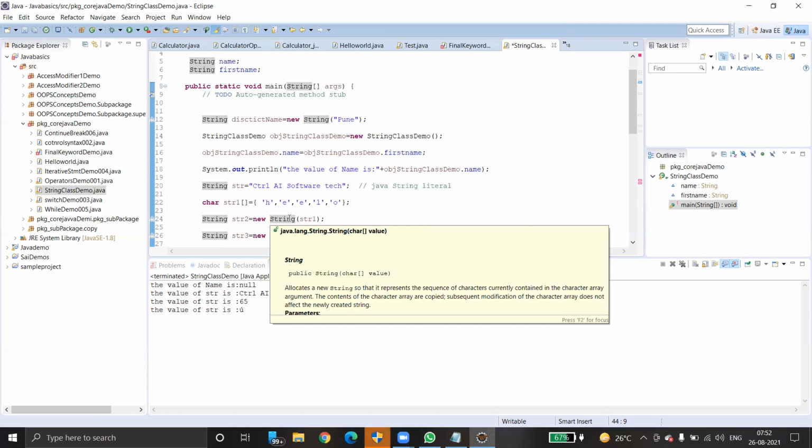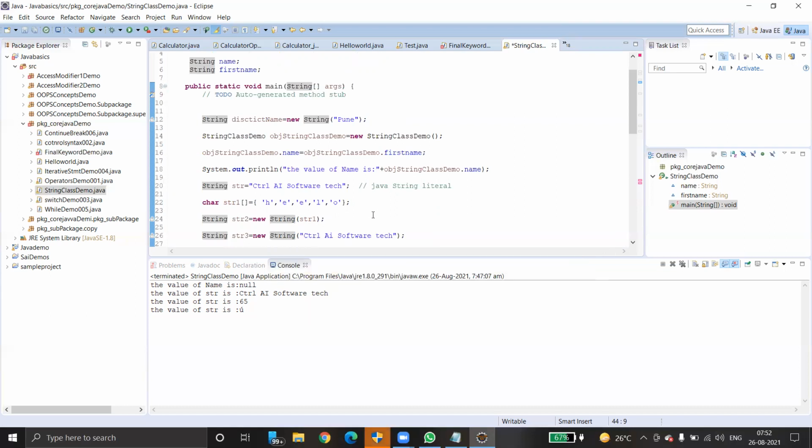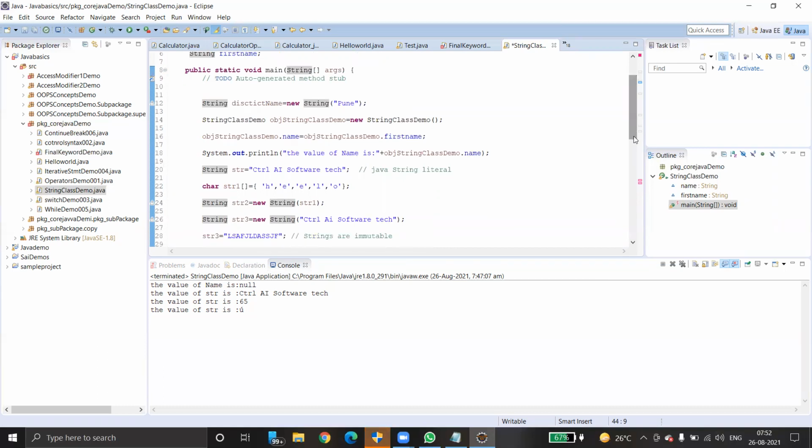Okay, but when you try to convert a character into string, either you have to convert a character to string or string to character, because string is an object. Character is a literal type. That's why. So for integer also it goes the same. We cannot convert an integer to string.